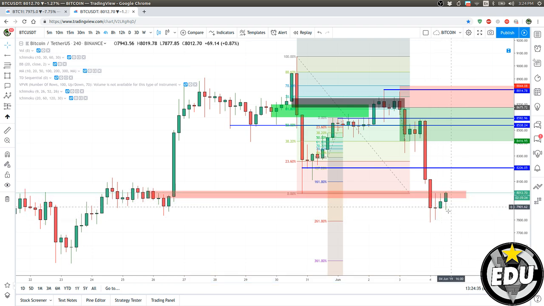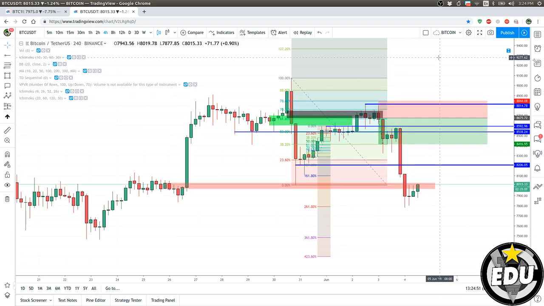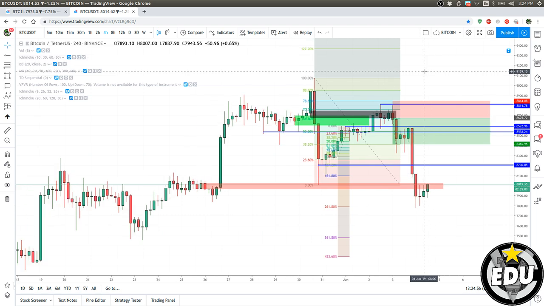And now it's trying to go up, but I mean, when we see this green candle, that doesn't mean we're gonna go up. Okay, so just because you see a rejection, like a bounce, it doesn't mean we have to go to 9.5 right now. We have to see many things before coming to that conclusion.